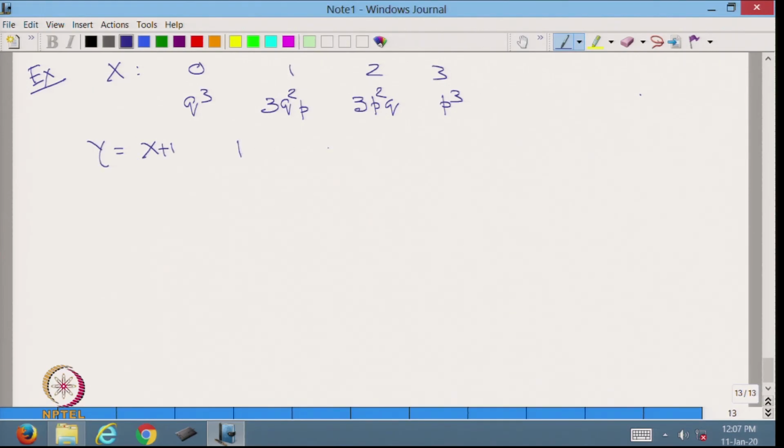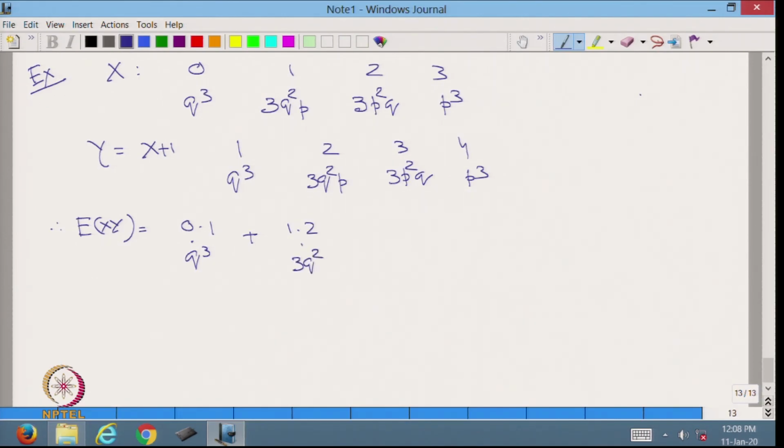Therefore, y takes the values 1, 2, 3, 4 with the probabilities q cube, 3 q square p, 3 p square q, p cube. Therefore, expected value of x y is equal to 0 into 1 with the probability q cube plus we will be multiplying 1 into 2 multiplied by the probability 3 q square p